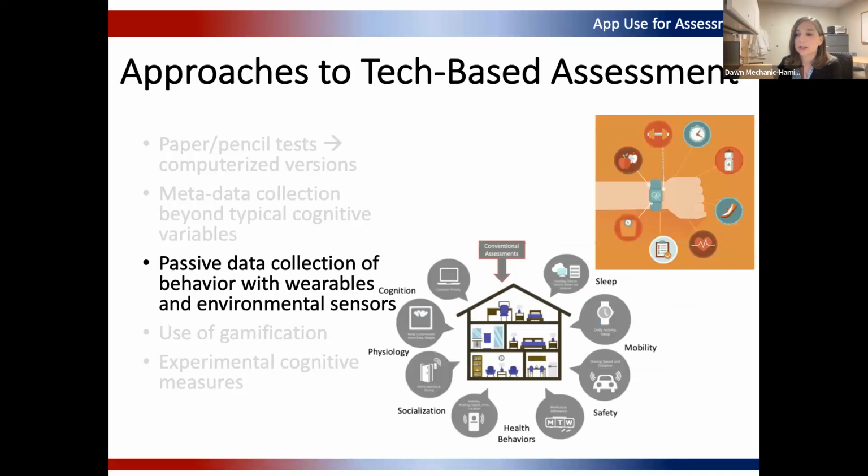Another is passive data collection using wearables and environmental sensors. This is an immense field with so many different approaches and a really rich amount of data being collected. I know folks at your university and many others are doing this kind of data collection, where we can really get a digital picture of how people are successfully and not so successfully moving through their day, and the errors that come up.